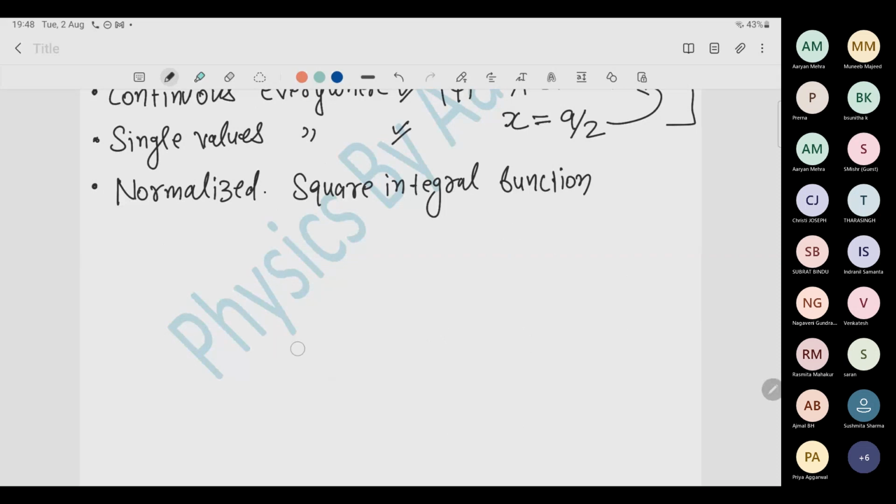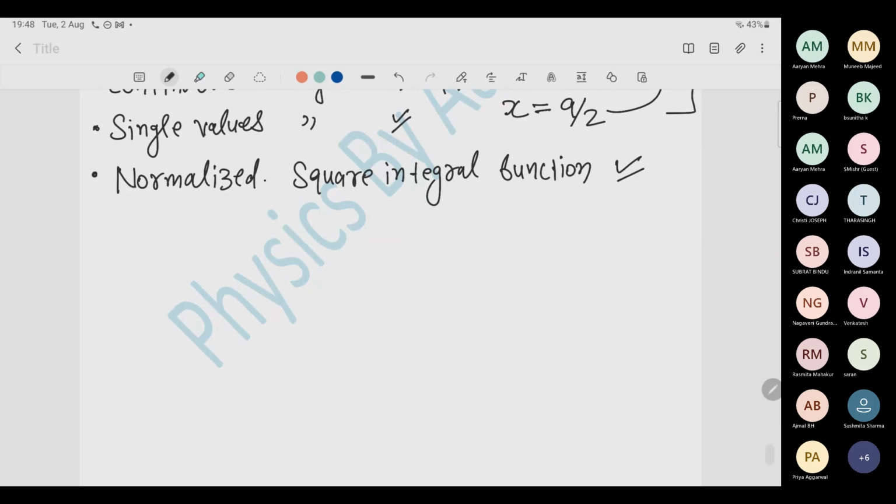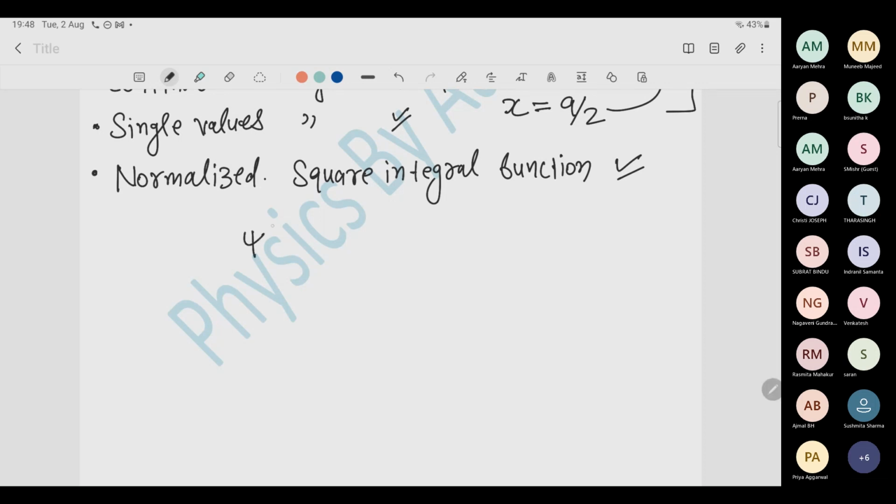Now comes the third. On this point, I would say an entire book can be written on quantum mechanics, and so many interview questions come from this point. I think you should open your brain and understand this point. So if I define phi, which is the probability amplitude, and I define probability, which is phi square,